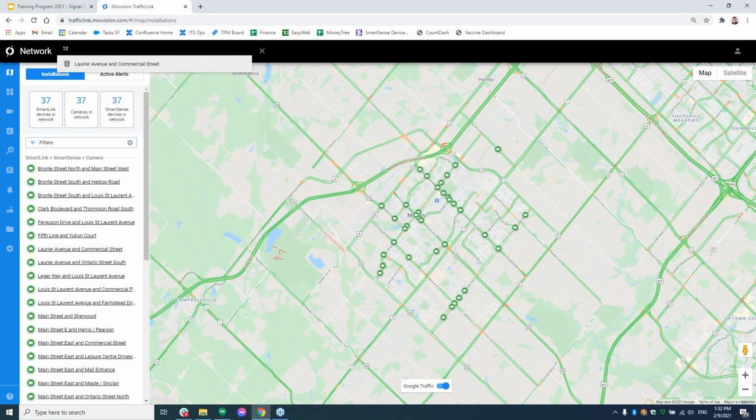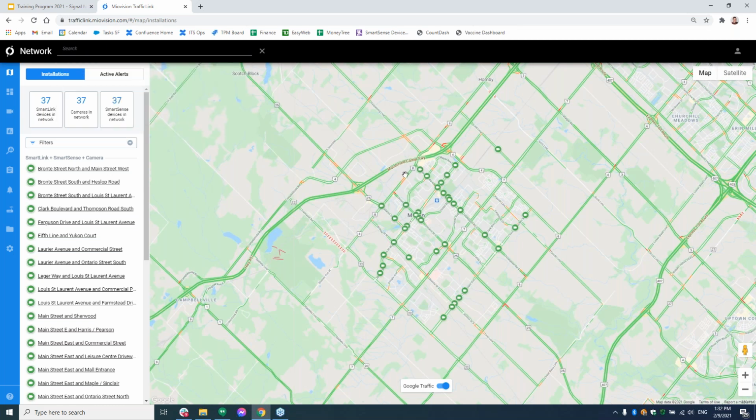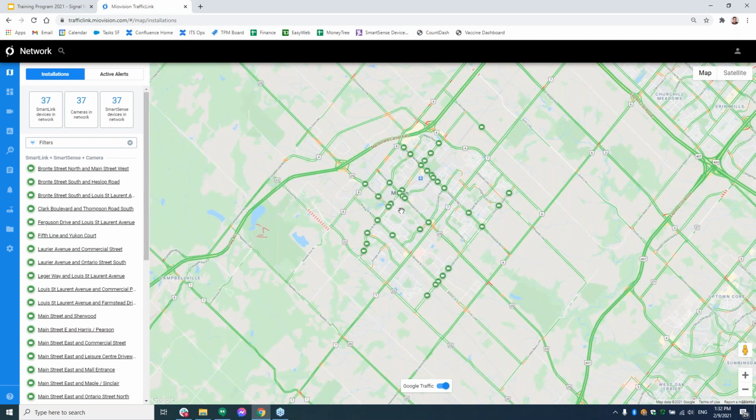If I type 123, my intersection that I just tagged as 123 pops up here at the top. I know what intersection 123 is, so I could just add that ID to the intersection and type in 123, and it will give me the intersection that I'm looking for. So that's a feature you can take advantage of if you're using a numbering scheme for your intersections in general. It's a handy little tool.